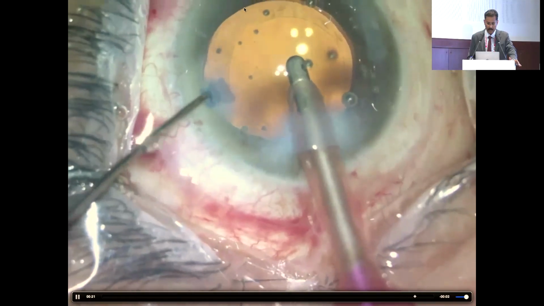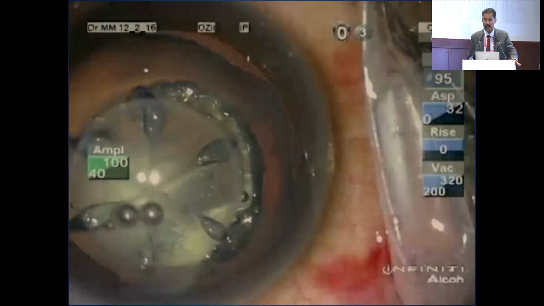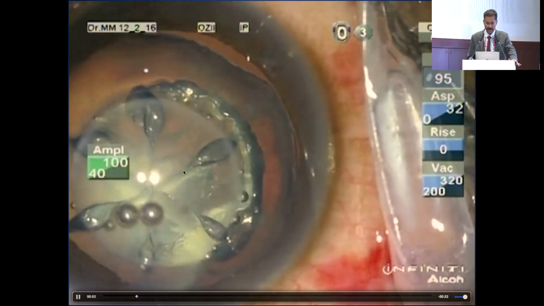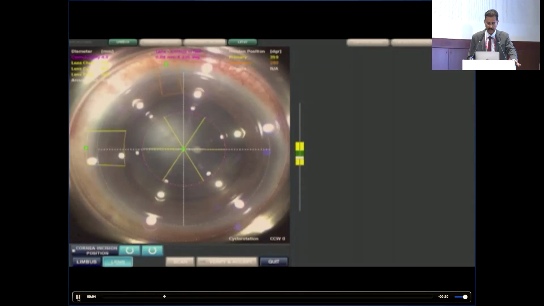So this will become a little irregular here, but still, if that area is included in your manual tear, then that weak area is gone. The major advantage of femto in this kind of subluxation is that we can manually place the rhexis margin centered to the lens. So if the lens is moved to one side, and the rhexis is centered to the lens, you will have adequate